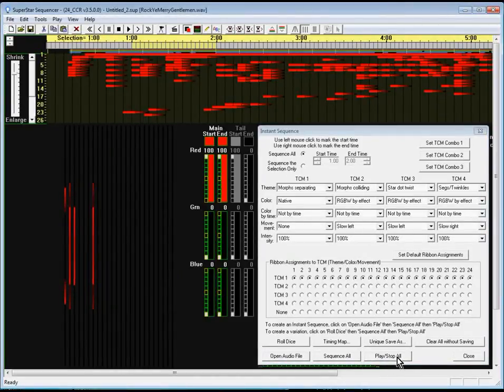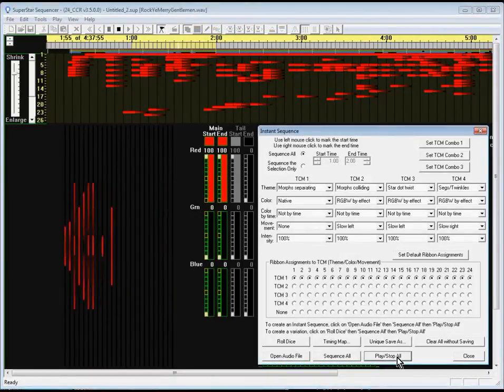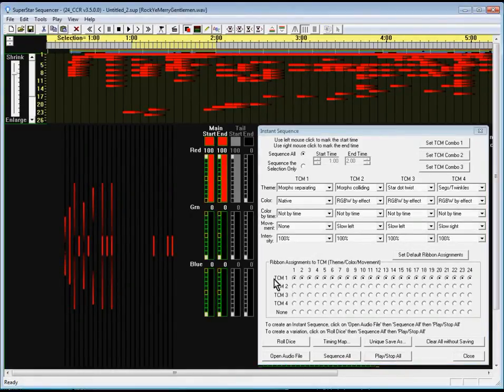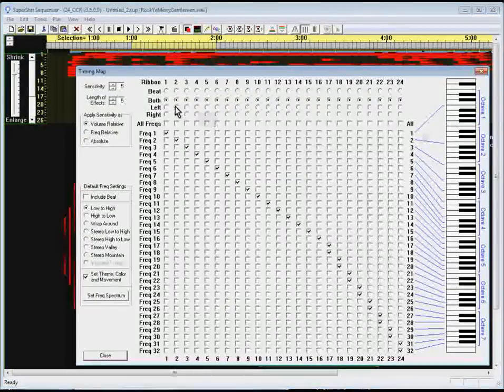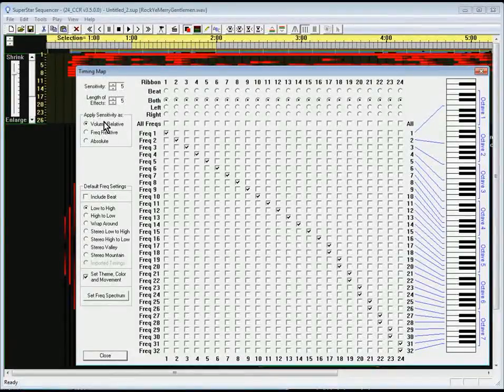Now that's pretty cool, but especially at the beginning here. Now I happen to know that there is more going on in the upper region than what we're seeing here, because you notice there's not very many effects in the higher frequencies, and when we play it, most of the activity is going on down here. Now if we bring up the timing map, you notice there's this apply sensitivity as, and the default